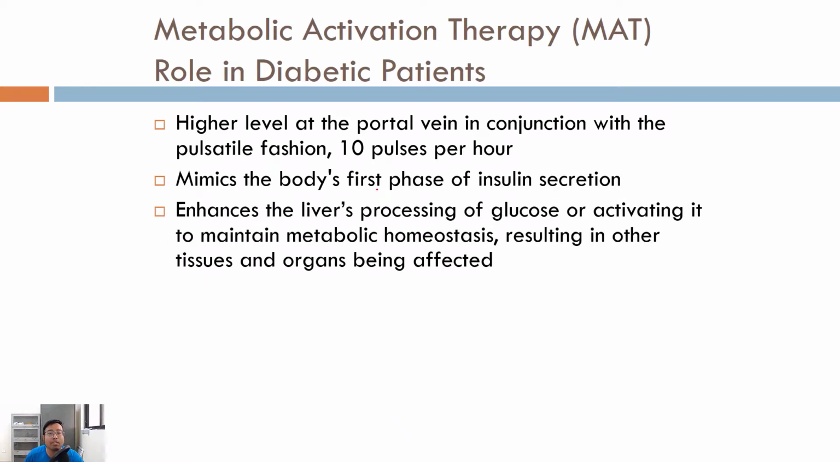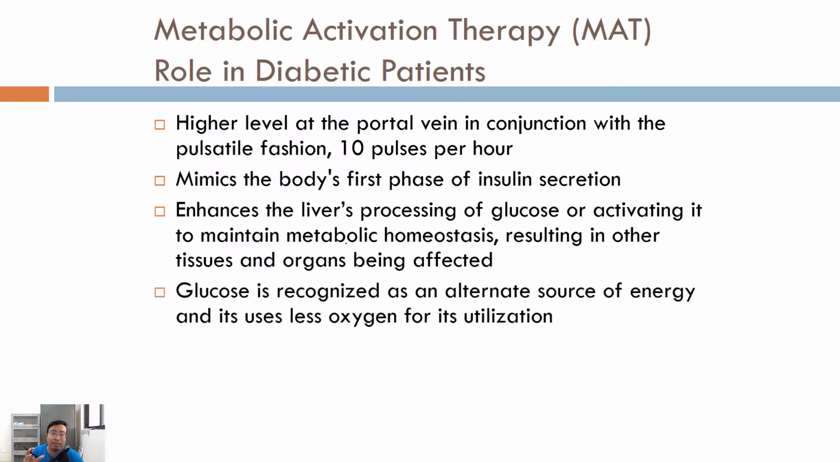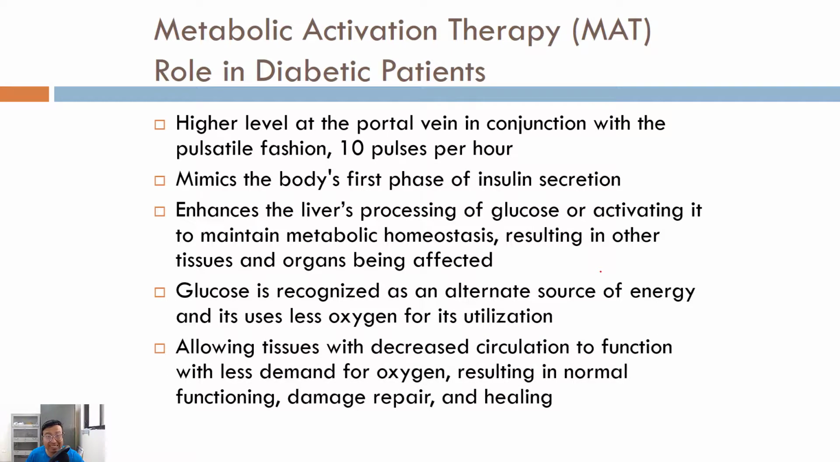So it mimics the body's first phase of insulin secretion. It enhances the liver's processing of glucose and activates it to maintain metabolic homeostasis, resulting in the tissues and organs that are being affected reversing the effect of diabetes. So there is better availability of glucose, because in diabetes glucose is high but it is not available, either due to lack of insulin or due to a downregulation of insulin receptors. Hence glucose is recognized as an alternate source of energy and is used less. It uses less oxygen for its utilization, which in turn allows the tissues with decreased circulation